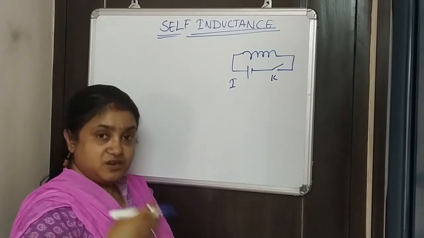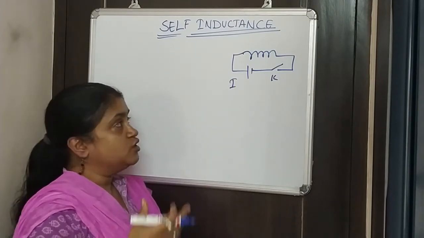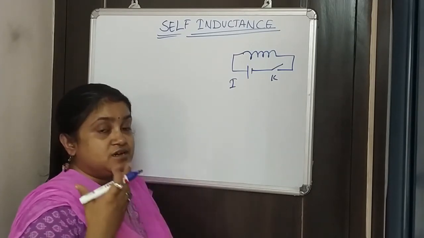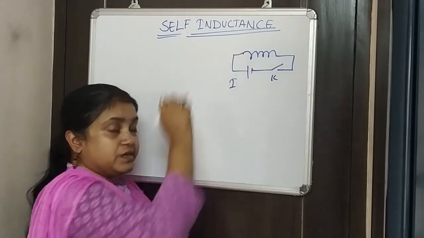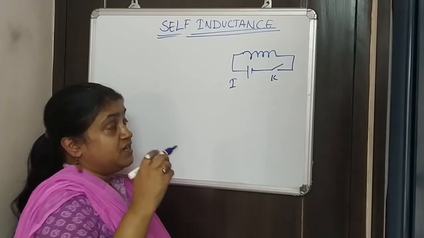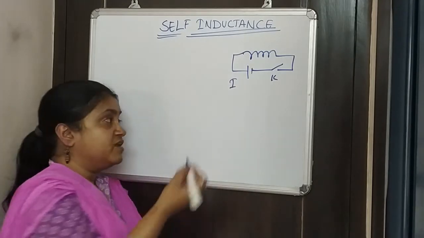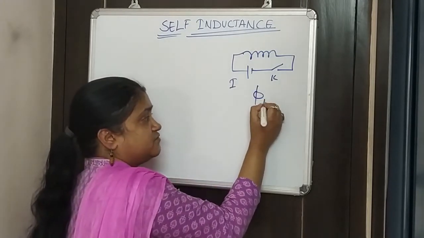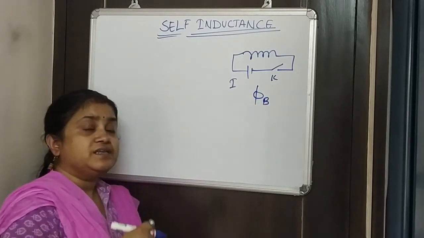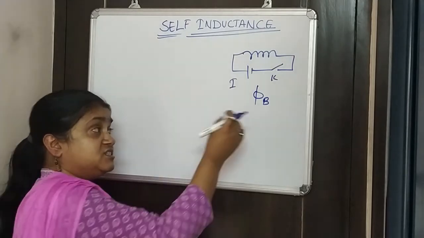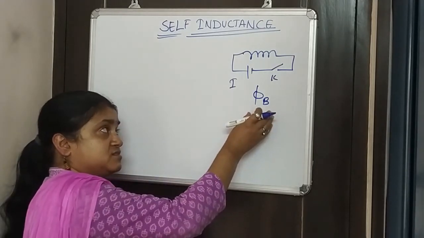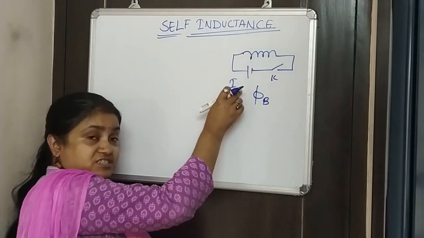Changes in this current would produce a change in magnetic flux through this coil. Suppose the magnetic flux is phi B. If there is a change in magnetic flux, which is due to the change in current I,